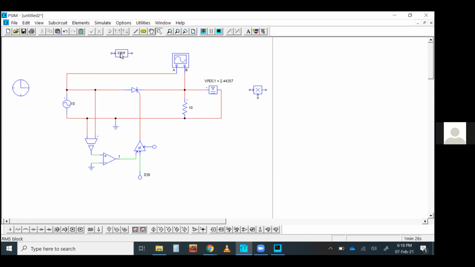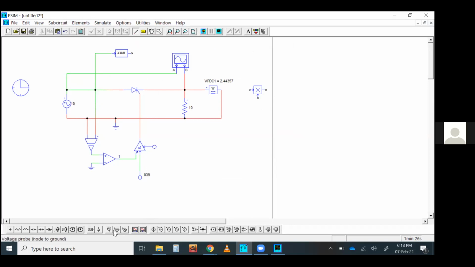You see, this is the RMS block, this is the input, this is the output. So if you give an input here, this block will calculate the RMS value and give you the RMS value here. Let's see how it works. Just connect this with the terminal. This block is supposed to calculate the RMS value of this voltage and give the output here.